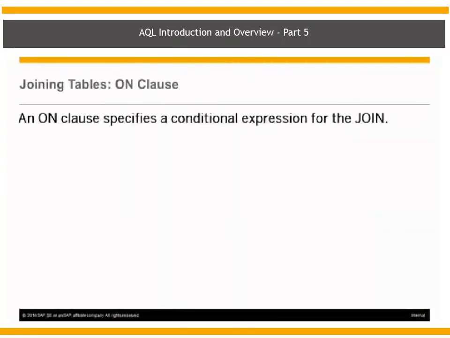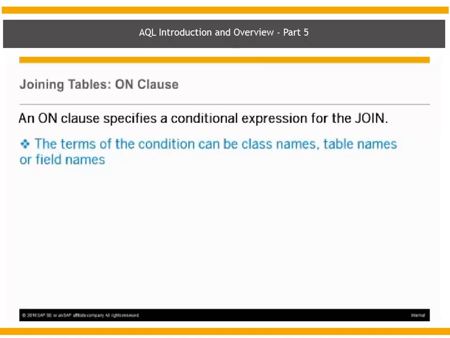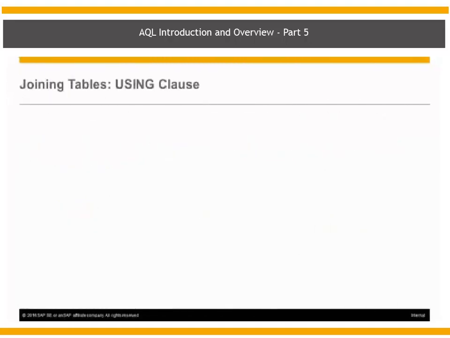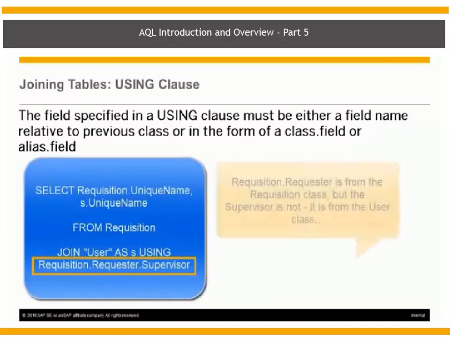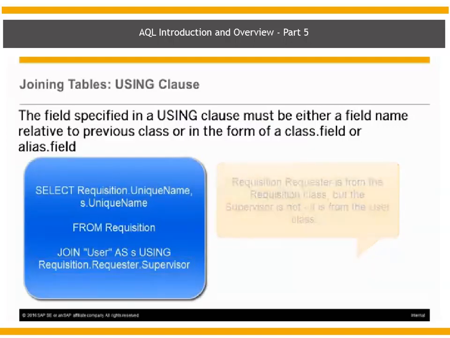An ON clause specifies a conditional expression for the join, just as in our example below. The terms of the condition can be class names, table names, or field names. To use field names on both sides of the condition, you would use the following syntax. On the other hand, the field specified in a using clause must be either a field name relative to the previous class or in the form of a class field or alias. Therefore, the following query would need to be written as